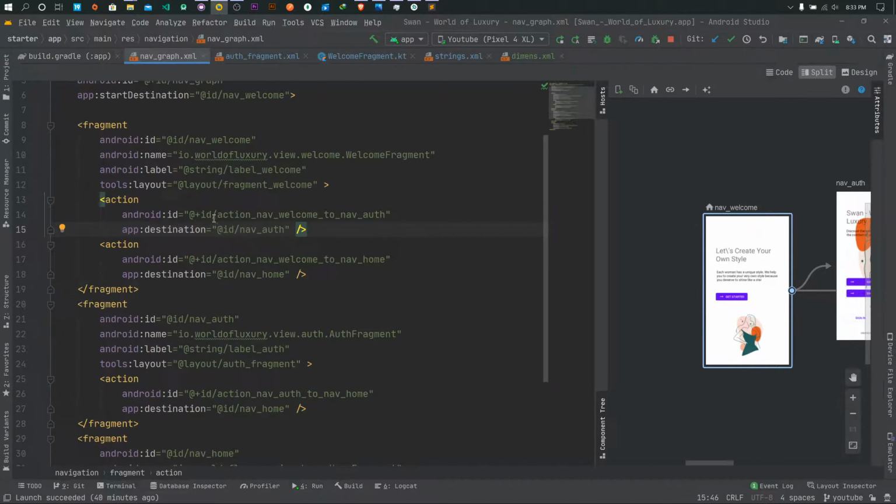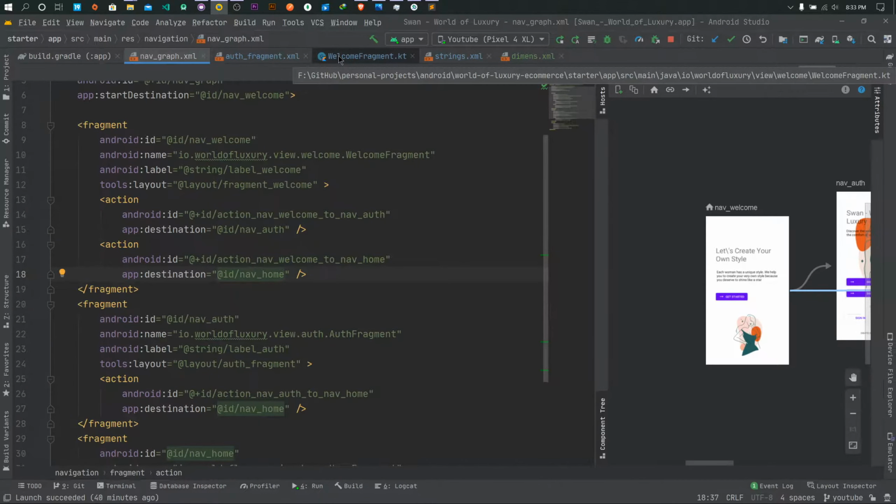And then the destination, that means the end destination, is what? The nav auth, which is the ID of the fragment we are moving to. Likewise, we have the same thing here. So we have welcome to the home, and then the destination will be our nav home. This is a convention that is actually used by the navigation components,